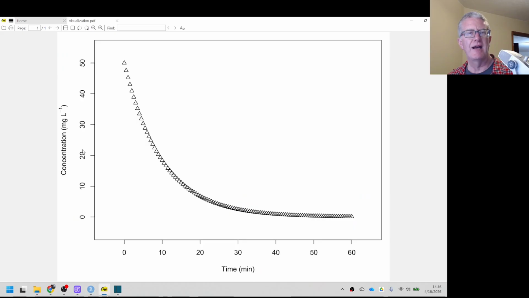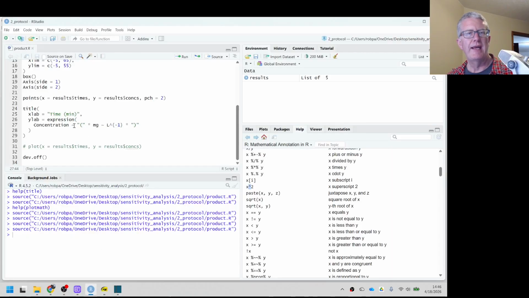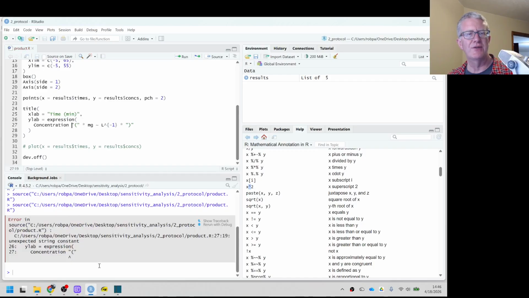And I'll go back to the graph, and it really doesn't look that different. It really has the same effect. So again, I've created space here with a tilde, no space here with an asterisk, a little space here with a tilde, no space here with the asterisk. And just to give you a little bit of what goes wrong, I can actually delete that tilde and I'll show you what happens. Actually, RStudio can already tell me I'm doing something wrong because it knows that needs to be an expression and it won't work, but I can go ahead and run the source,